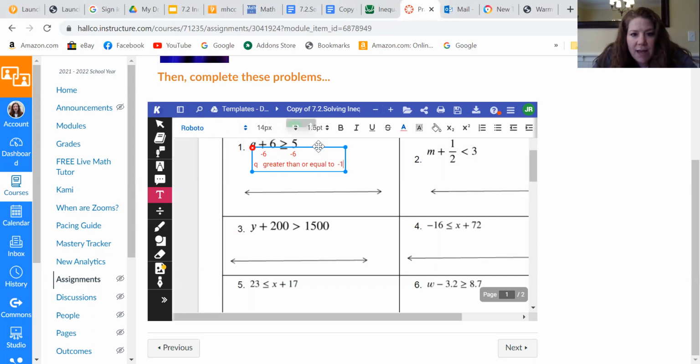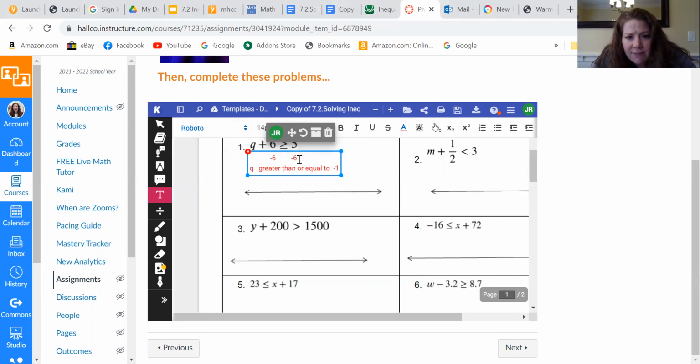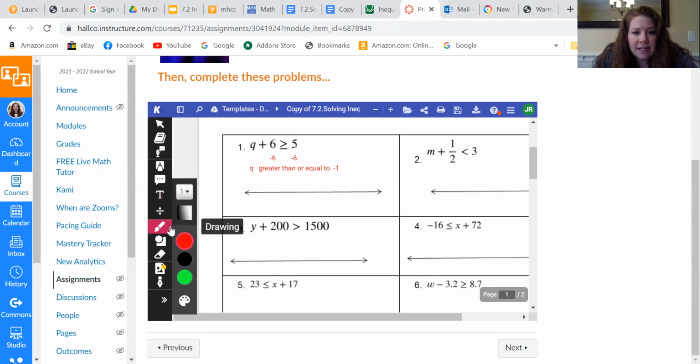Since you don't have that symbol, now, like I said, you guys might know more about Kami than me, and you might figure out that you actually can put in symbols, but I didn't find a way to do that. So if you can, then let me know, please. So obviously, when you get that solution -1, you're going to want to add at least 3 lines on your graph